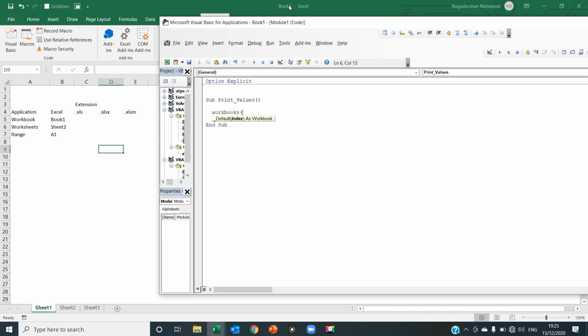It's Book1, right? Book is a text, so within the quotation we have to write Book1, quotation complete, close the bracket, dot. Before performing anything, we should activate that object. So I'll just do Activate. That's it. Next hierarchy, Worksheets of Sheet2,